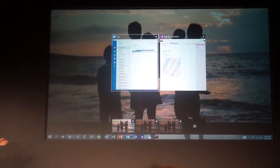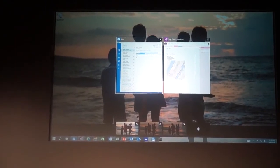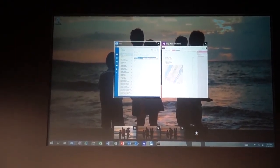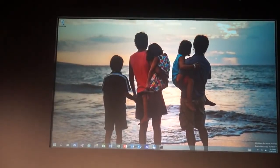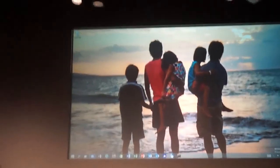So in the touch case, when I swipe in from the left, the close boxes are shown. So if I want to close that OneNote, I can click close. OneNote goes away. I click touch to clear it up. And now I'm using touch in a way that accelerates my use of the PC. Okay. Now I have one